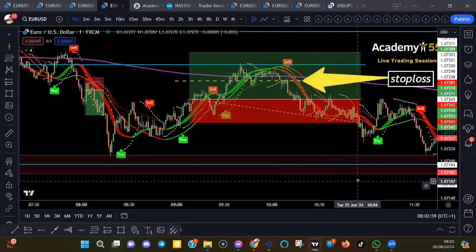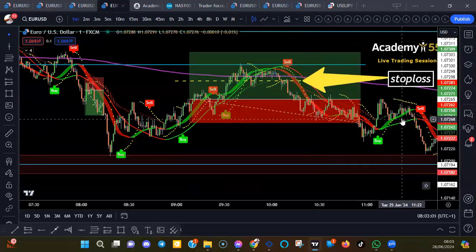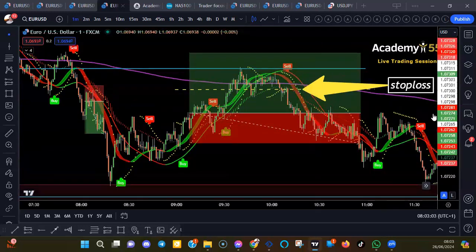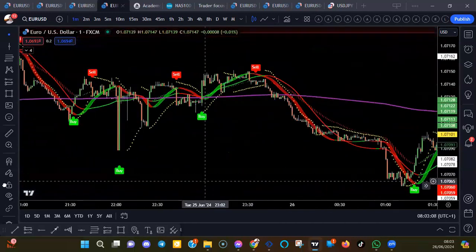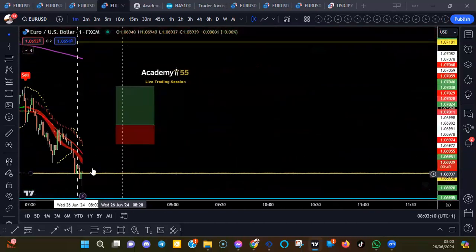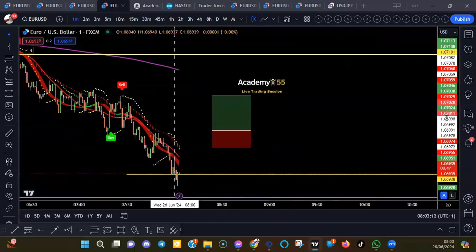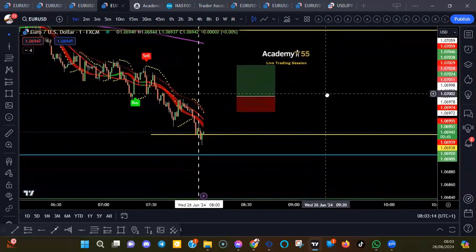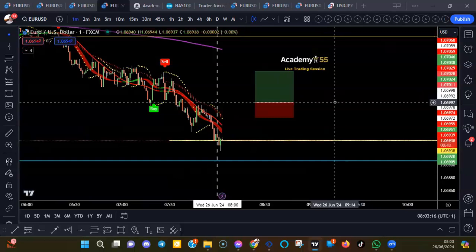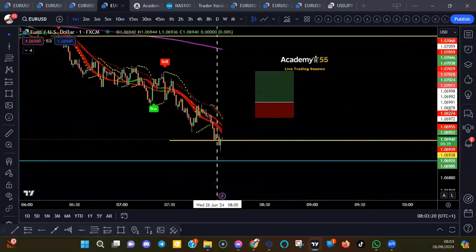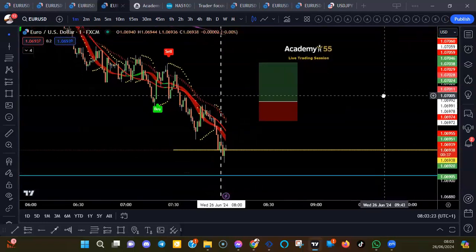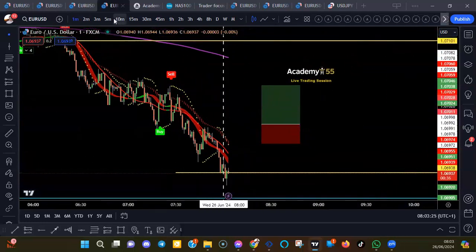Meanwhile, back to today. I've not worked out how to quickly go back. There we go. All right, it's not too far away. So this is where we are at today, and as you can see, we are in the buy zone now. And these zones